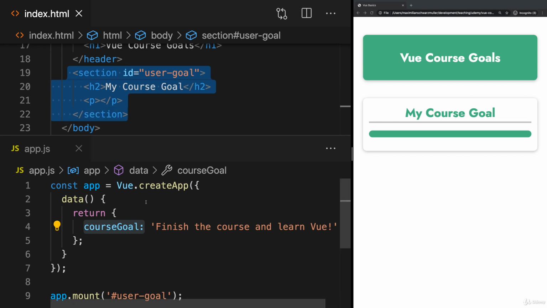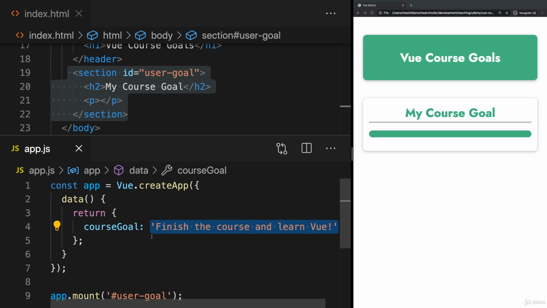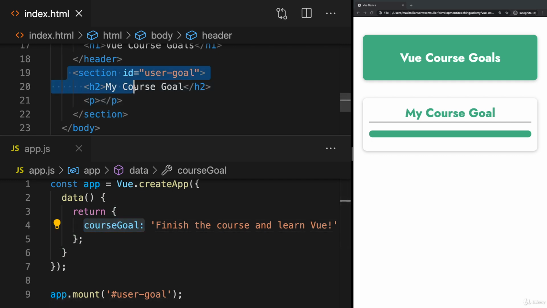And whilst this is not too exciting for static content which never changes, like our string here, this will be super awesome as soon as we add some reactivity. And we, for example, react to the user clicking a button to then change data. You got a first glimpse at that in the first course module, and you'll see way more of that throughout the course. But to start simple, we can output what's stored in course goal in this Vue-controlled HTML part by using a special